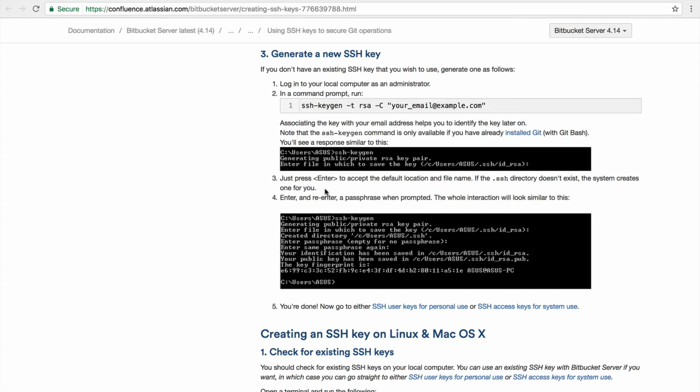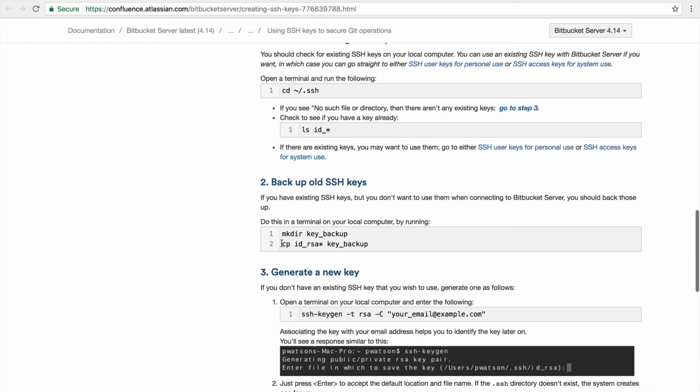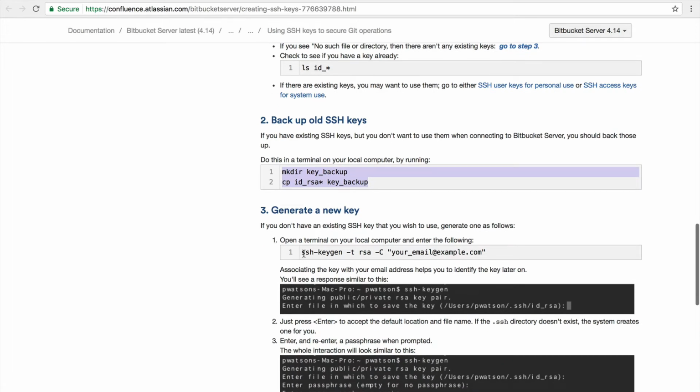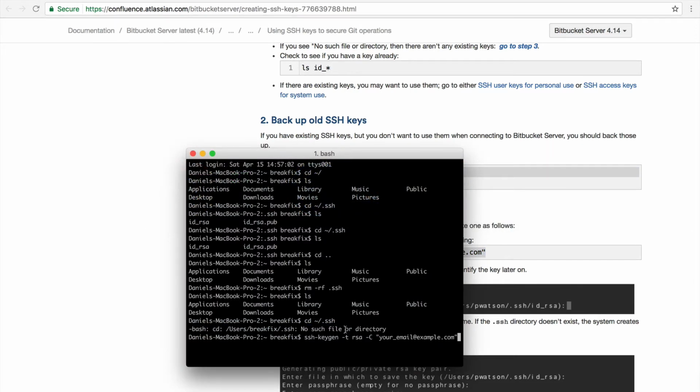If you do have an SSH key, this file that I'm referencing directly makes the recommendation to actually back up your key. So if you want to back up your existing keys and create new ones because you don't really have a context as to why they were generated previously, feel free to do that by running this command right here. But what we want to do now is we just want to create a new key. We identified that our computer doesn't have one, so I'm going to copy that command out. And between these quotes here, just type in my email address